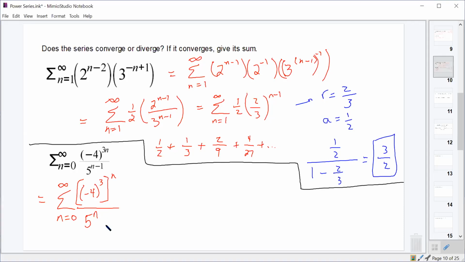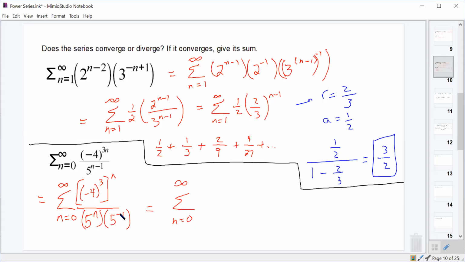If I write 5 to the n there, that's fine, but what else do I have to multiply that by? 5 to the -1, exactly. As the exponent rule says, same base, add the exponents, n plus -1 gives me that n minus 1. So we should be able to rewrite this then as the sum from n equals 0 to infinity of,